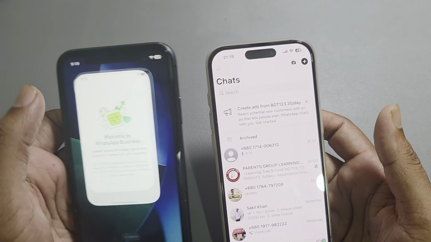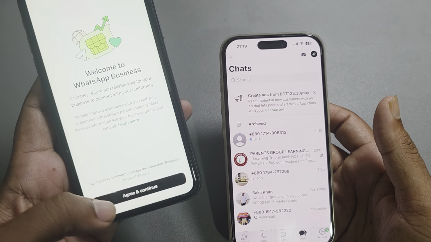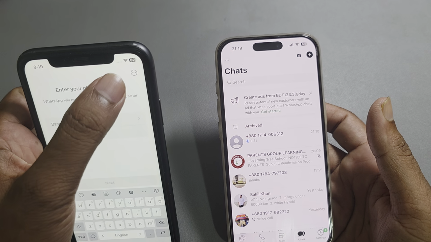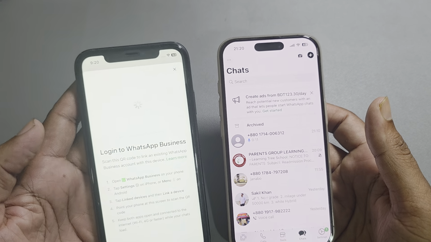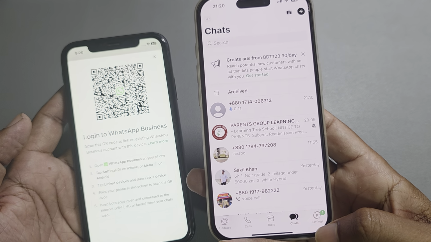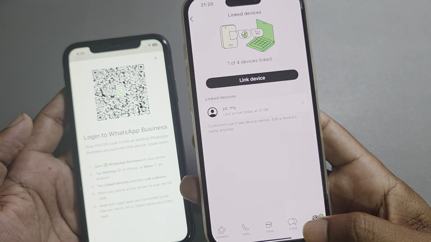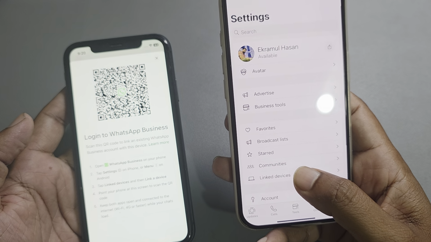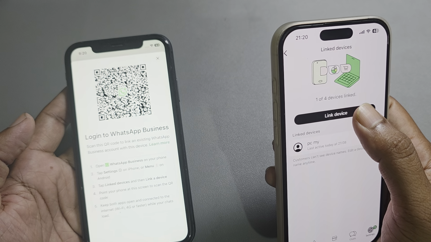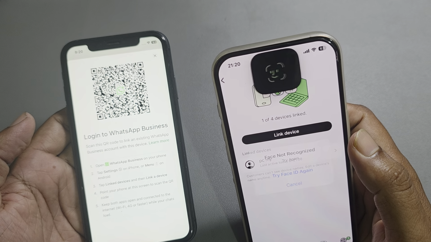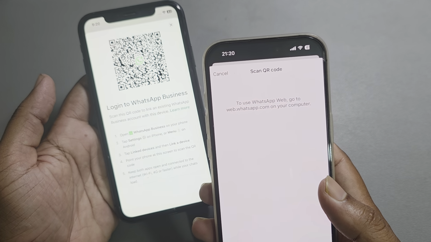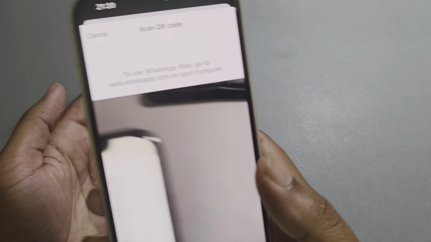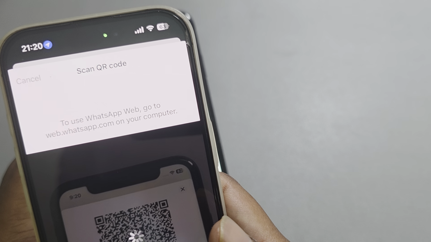So you have to open your WhatsApp, then press Agree and Continue. Now press on the three dotted lines and then press Link as Website. Now on the other WhatsApp, go to Settings, go to Linked Devices, then press Link a Device. Now press OK. Now just scan this code,